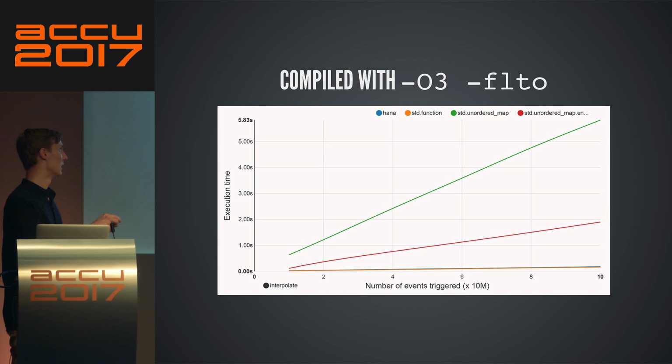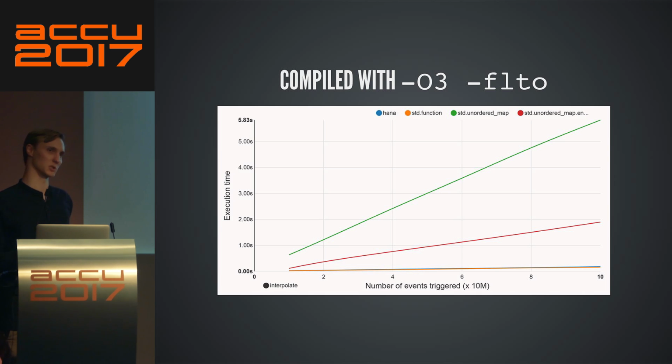The stub function here is: I took the same case and I wrote it by hand, basically. So I knew the set of events I had, so I created a struct with a bunch of stub functions, and then I just call these stub functions as if I was writing it by hand. And the idea is, is Hana going to add anything to what I could write, let's say in C or whatever, without any abstraction technique? And the answer seems to be no.